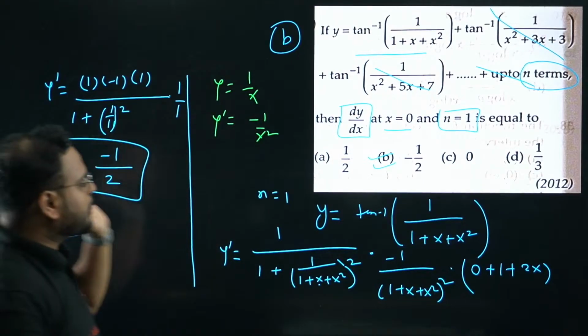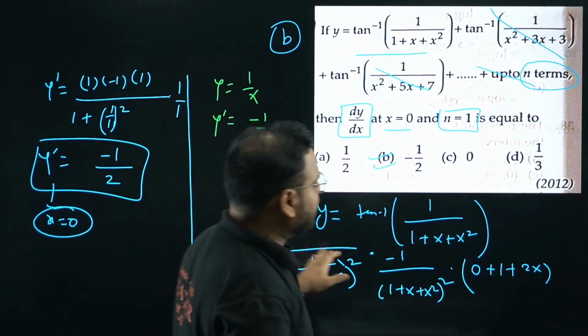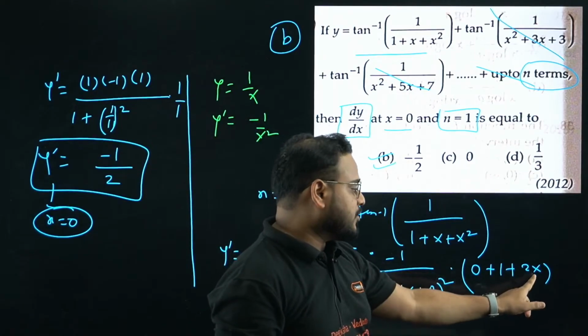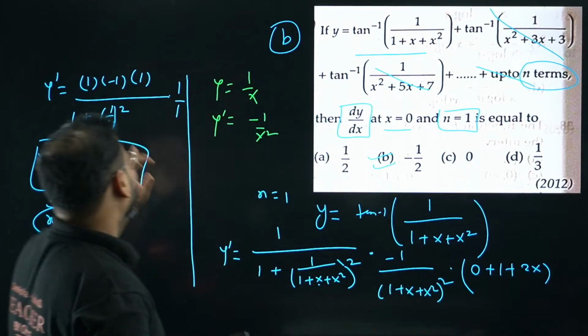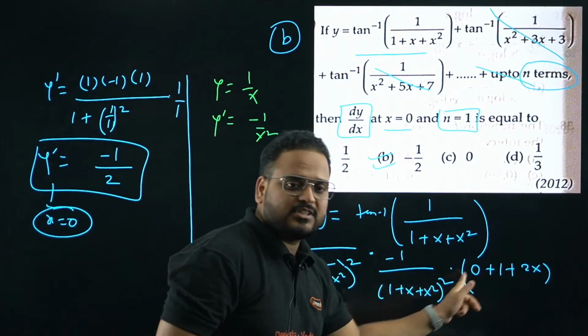Okay, 1 plus 1 in the denominator. Over here we have minus 1 left, so minus 1 is there. Here it is minus 1 already, it is 1 already. It becomes x as 0, means only 1 is left. So what do I get? Numerator 1 minus 1 and 1. Here 1, here minus 1, here 1. This is numerator only, right?